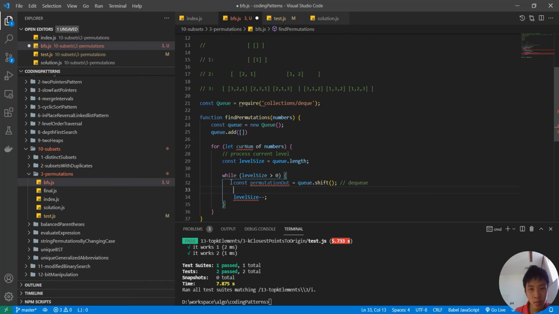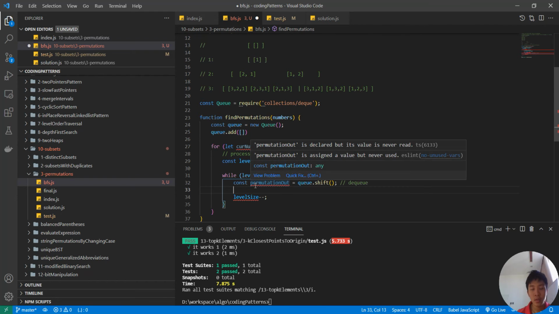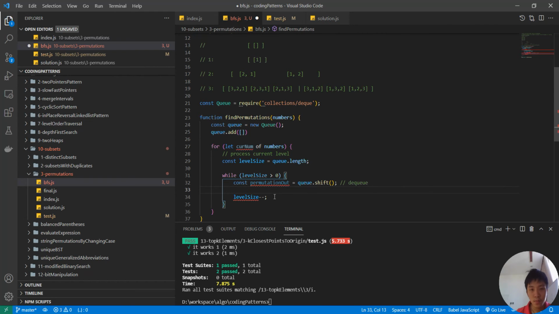I'm gonna abstract out this logic into another function, generateNewPermutations. Okay, we're gonna pass in